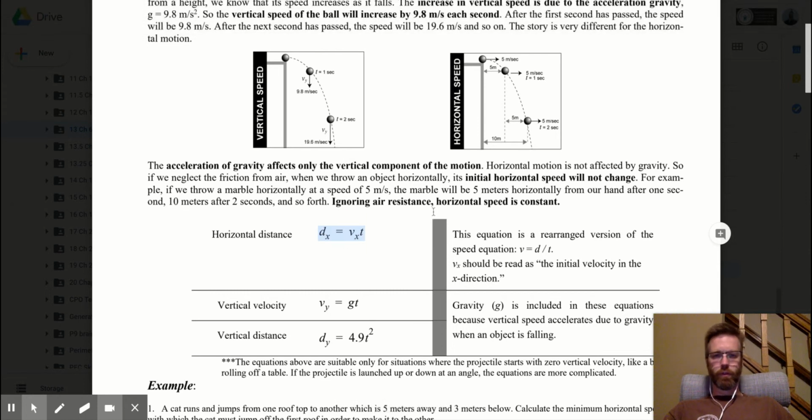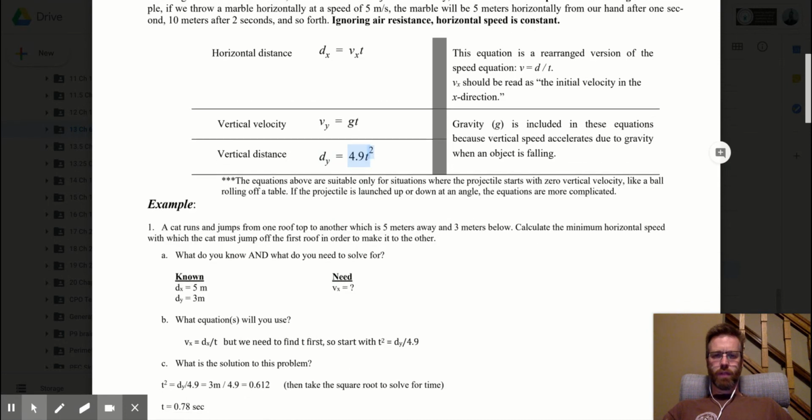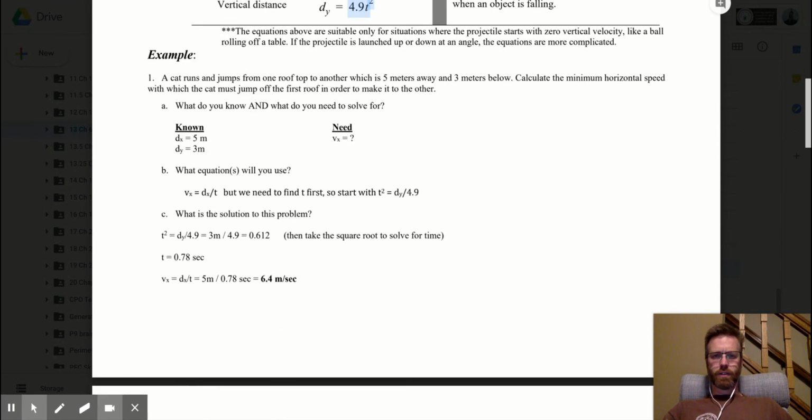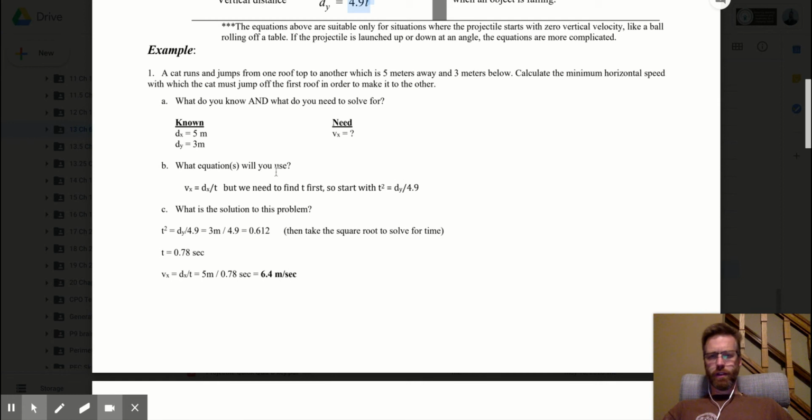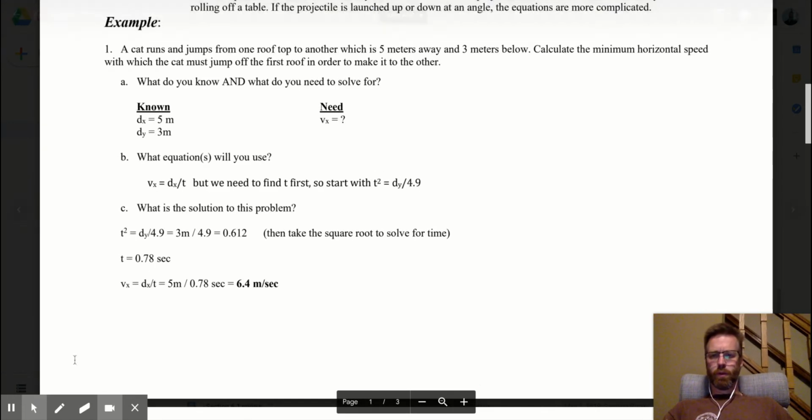Distance is velocity times time. Vertical velocity does change, as this says, but we're not even going to need it just yet. But vertical position then has a square in it. It's 4.9t squared. So on these problems, what I'd like to help you think about is just a couple of strategies. Let's take a look at one of them together,